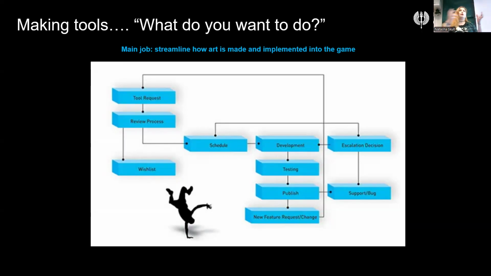How do you want to use it, or what would be your ideal process, as, let's say, an artist or a narrative designer, to handle something within the engine, for example? This is the most common way. Again, this is just a simple graph, because different teams will work differently, but it is mostly common to have this kind of streamline of how a tech artist gets the task and then handles it depending on needs and priorities.